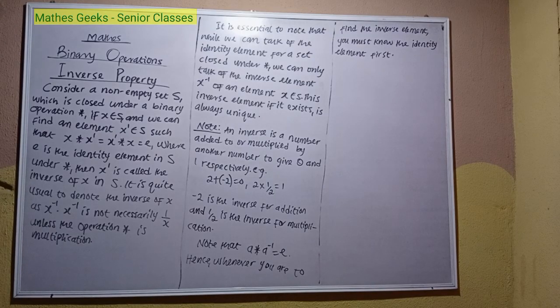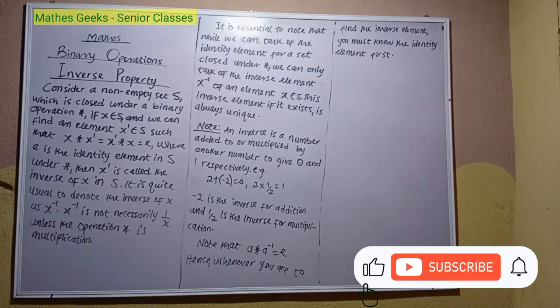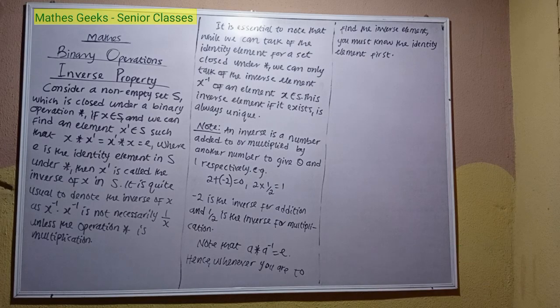Binary operations, inverse property. Consider a non-empty set S which is closed under a binary operation star. If X is a member of the set S and we can find an element X prime or X complement, a member of the set S, such that X operation X complement is equal to X complement operation X equal to E, where E is the identity element in S under star, then X complement is called the inverse of X